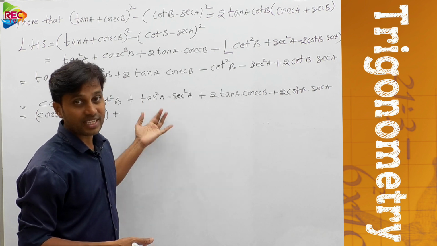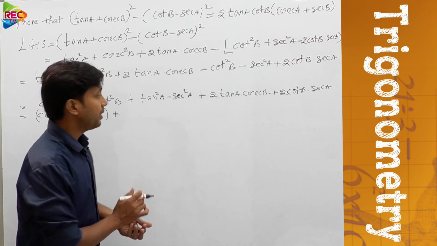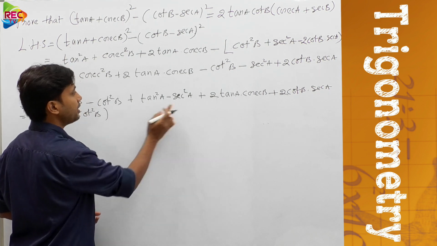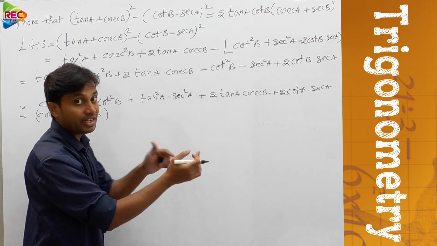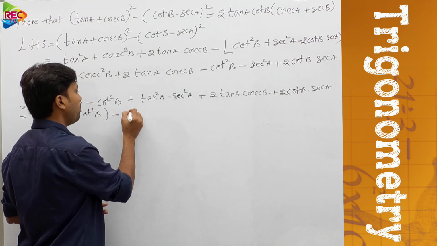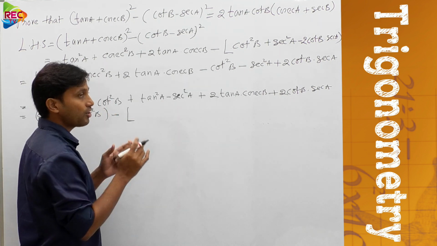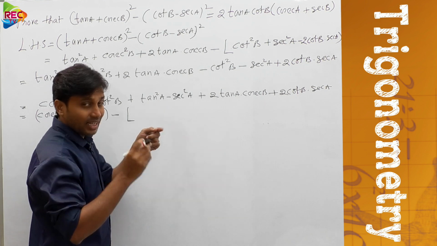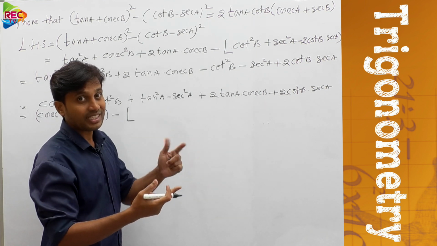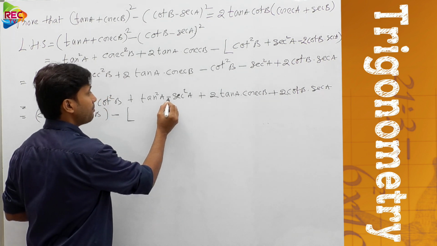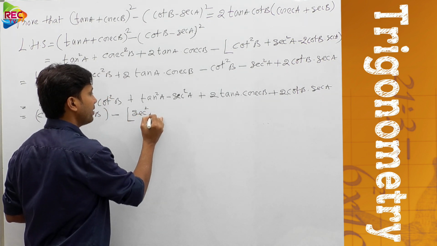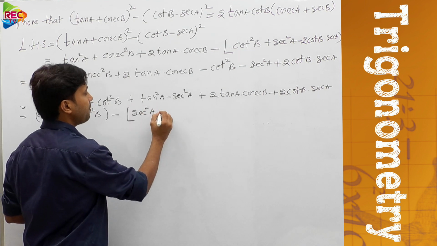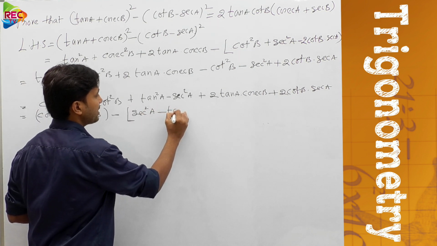We need to change the signs. For that reason, we are going to take minus common from these two terms. And you know that while taking minus sign common, the signs of the individual terms are changed. So therefore, here minus secant square a will be plus secant square a, plus tan square a will be changed to minus tan square